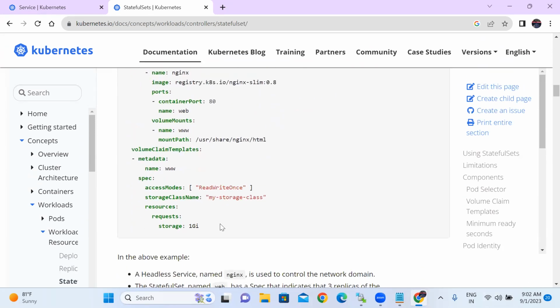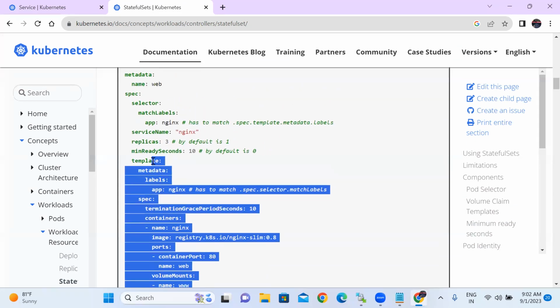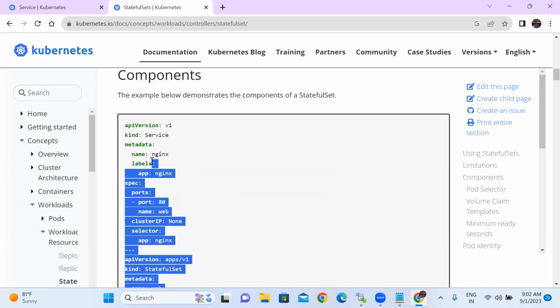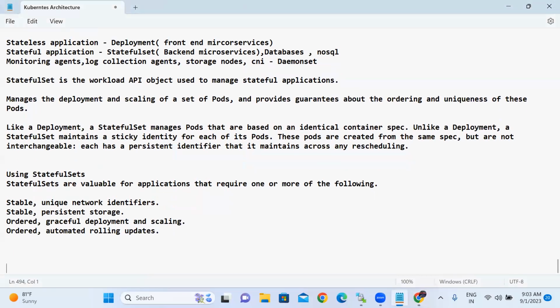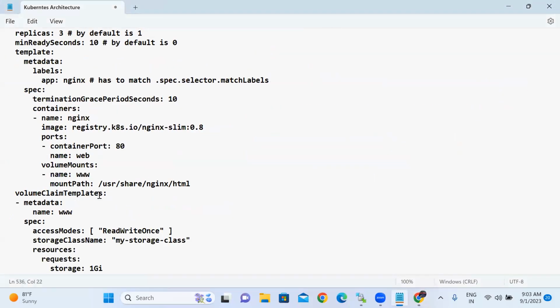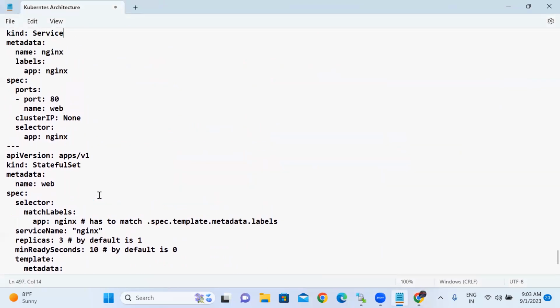It almost looks like deployment, daemon set, replica set, all look the same. But in this scenario, this is the stateful set. First, we didn't create the stateful set. First, we created a